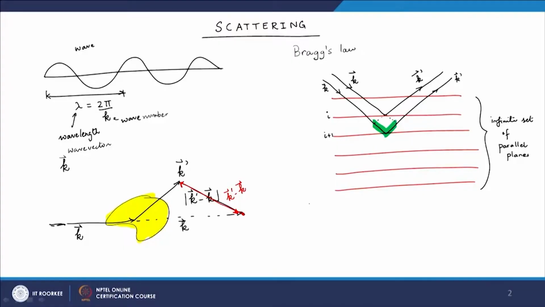And this is what I will refer to as the difference in the path length. So, this may be coming at an angle theta, and then it of course leaves. So, of course, this light also goes to